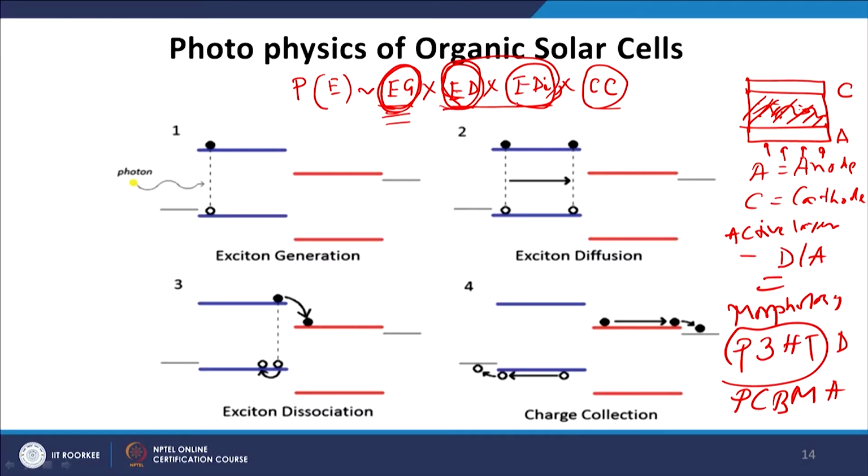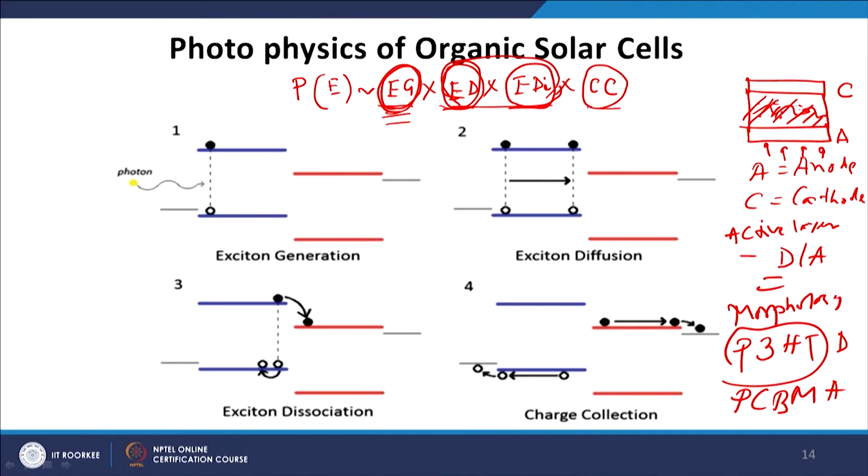And if the morphology is different, then what will be different? The exciton diffusion and exciton dissociation, both these two parameters will be different. Now, what does this tell you? It actually tells you about the photophysics, the time scale over which the charge carriers translate, whether there is a lot of recombination in our sites or less recombination. Now, these are all the information we get by doing the photophysics study. So, to get good photophysics from the device, a good morphology is required; morphology and photophysics are correlated to each other.